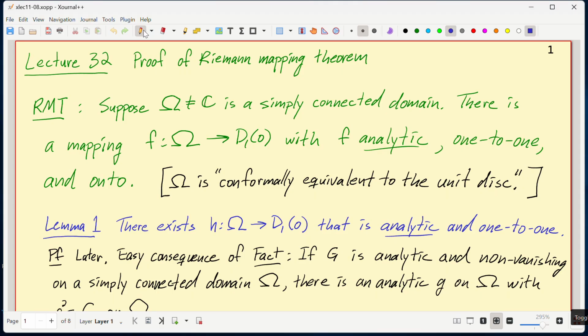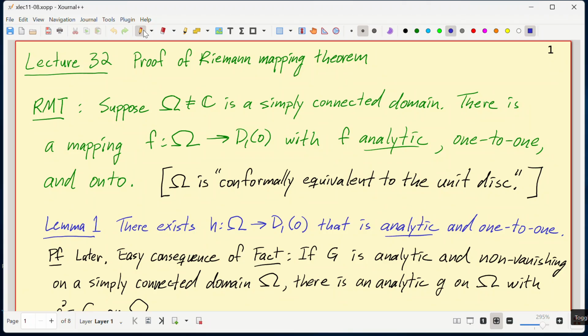So there's the statement. If omega is the whole complex plane, then Liouville's theorem would show that every analytic mapping into the unit disk would be bounded and therefore constant. So omega unequal to the whole complex plane is clearly required in this theorem. But if omega is not the complex plane and is simply connected, meaning no holes, then